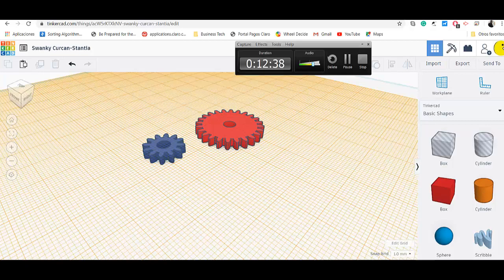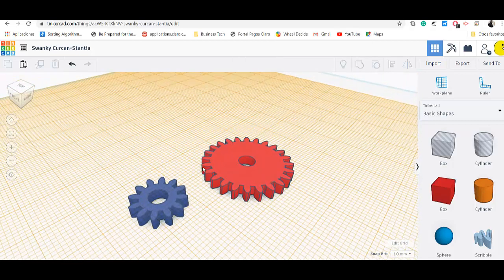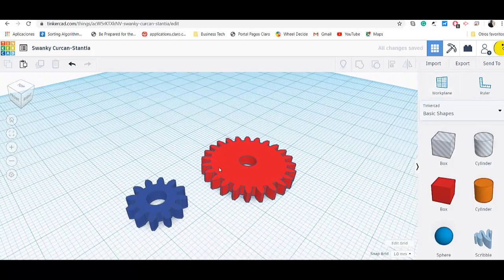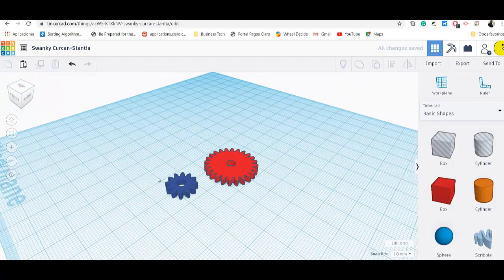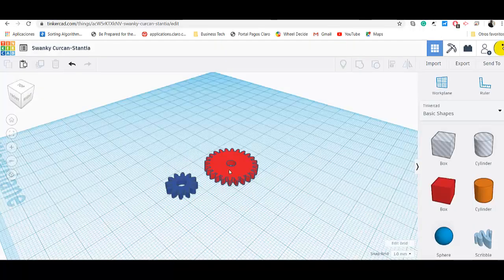Okay, so as I was saying, you have the two gears. The idea that I have, you can put the work plane back here, is that you can align these gears so it looks very similar to the one that we have worked before, so you can develop your chassis. This is 1/2. You can make it 1/3. You can make it 1/3,